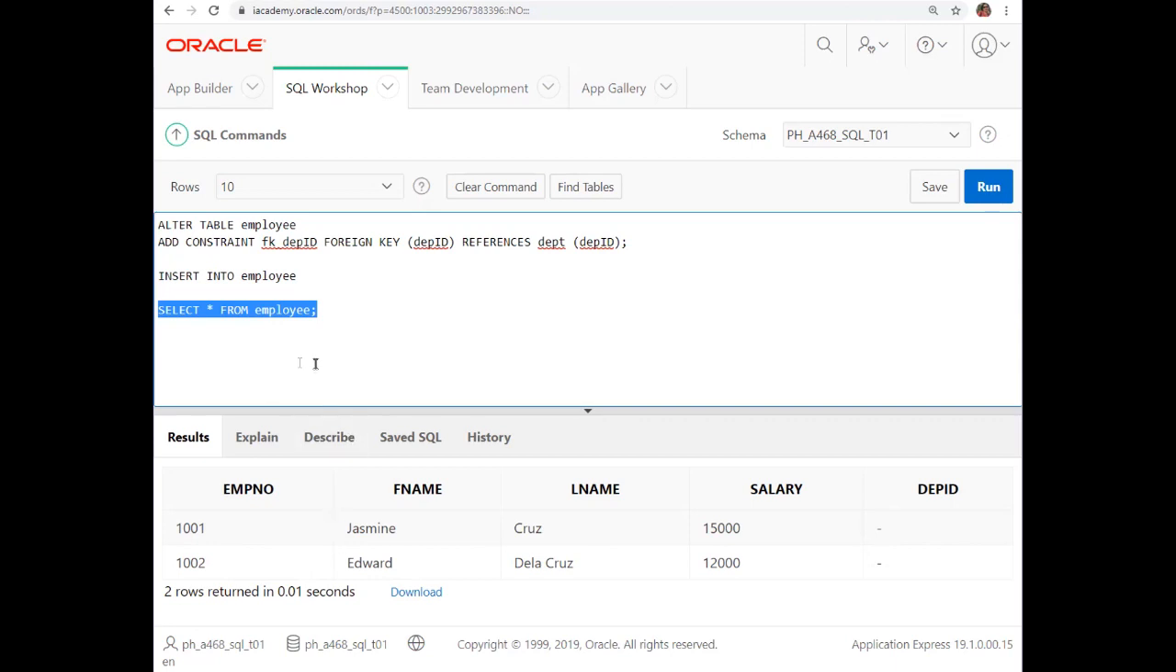Okay, so let us update this record. So instead of insert, let us use update, because we want to update the record 1 and 2. So let us use update. Update table. Table's name is employee. Set dep ID